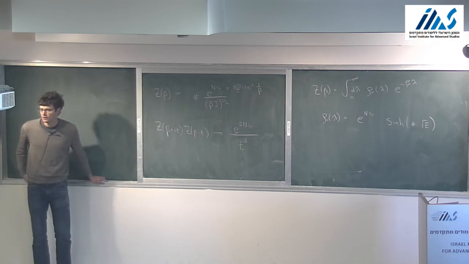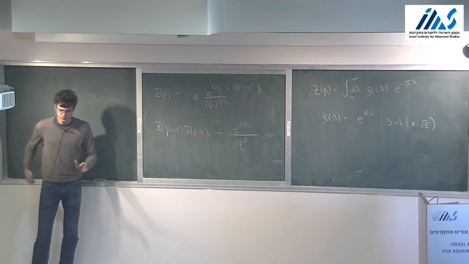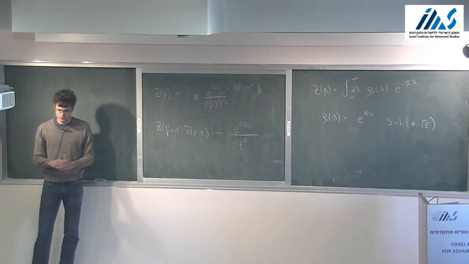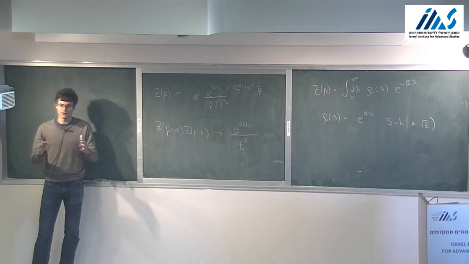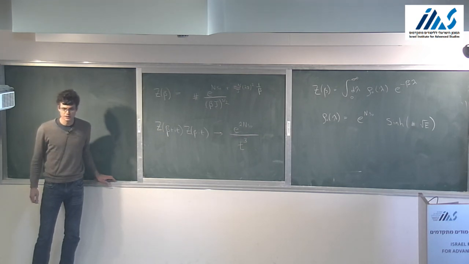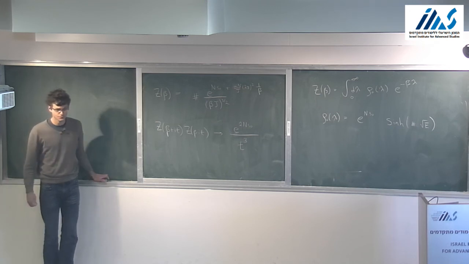Yes? You just said slope. Did you mean ramp? Yeah, I meant ramp. Sorry. Yeah, thank you. This replica non-diagonal saddle point in the SYK model, correlating the two replicas together, gives you the ramp contribution. And we're going to discuss what that saddle point looks like in JT gravity variables.